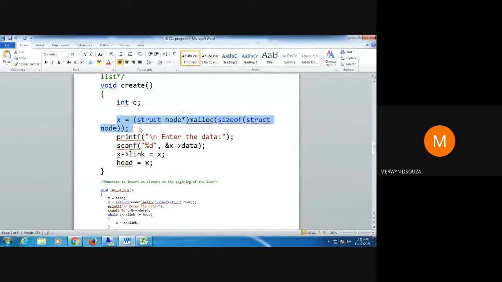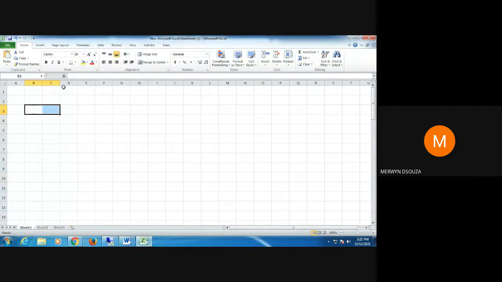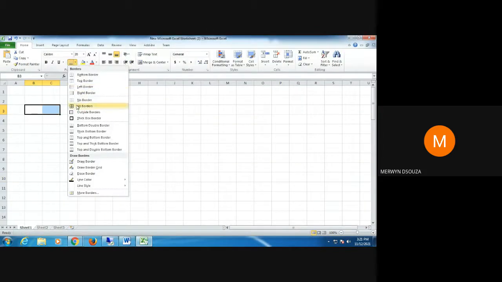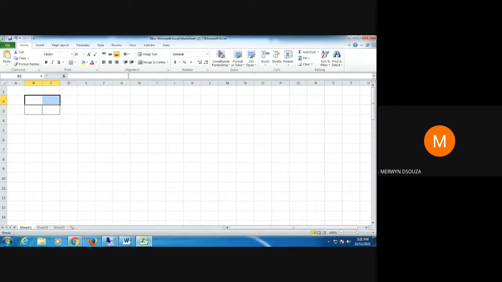First we are going to allocate memory for a node and that node will be pointed by the pointer x. So let's allocate memory for a node, and the pointer for that will be x. Let's say this node is allocated at the address 480.